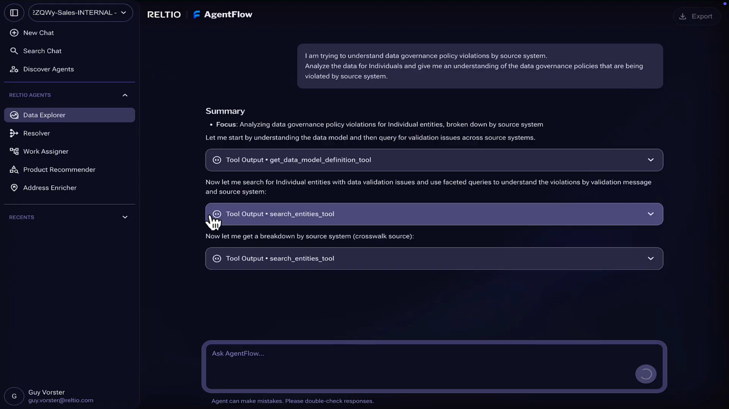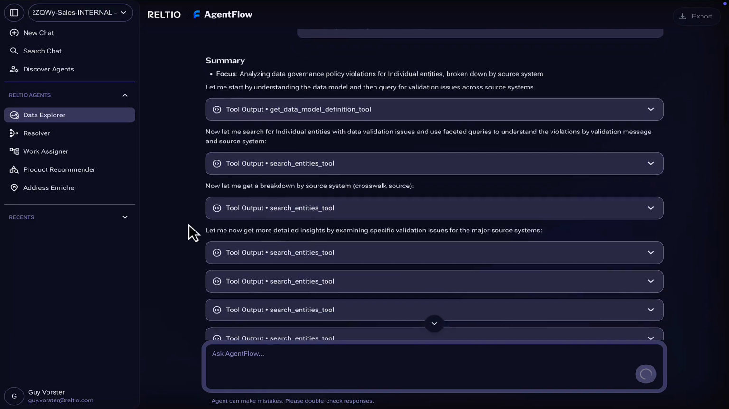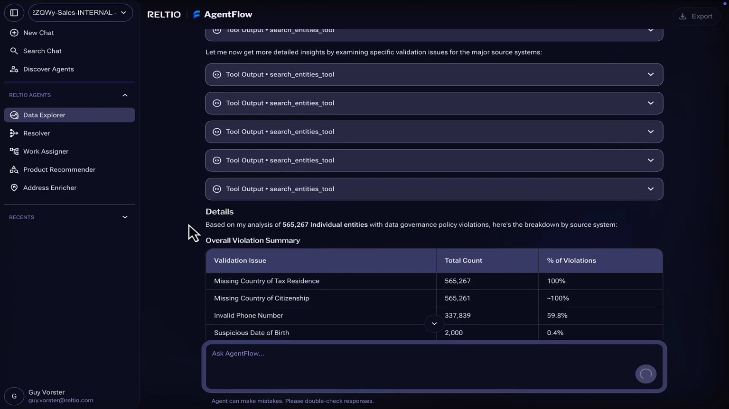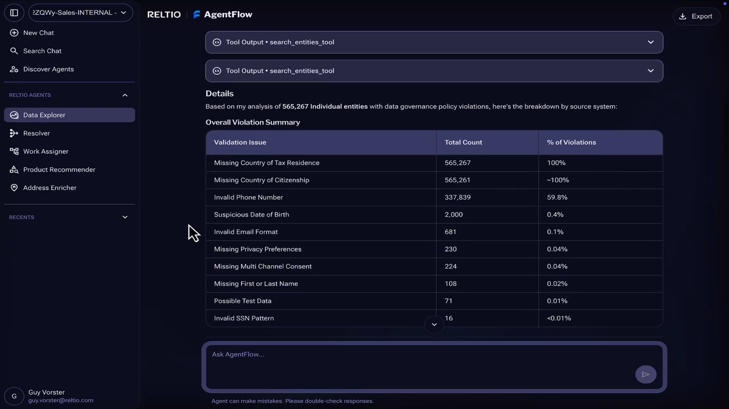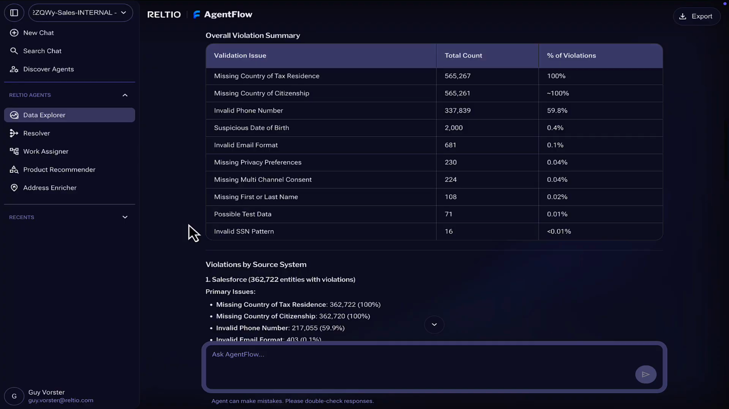I want to understand data governance policy violations broken down by source system within my individual entity data. The agent goes to work first by confirming my ask. Via the AgentFlow MCP server, it then looks at the data model to gain a deeper understanding of how it needs to approach the request. It then makes various tool calls as it gathers the full picture of the policy violations by source system per